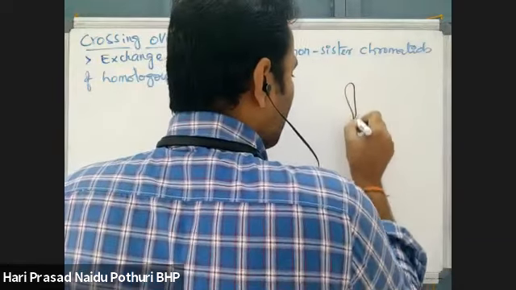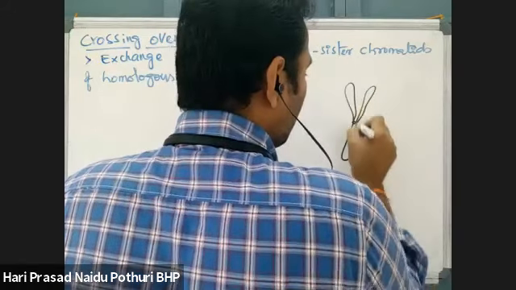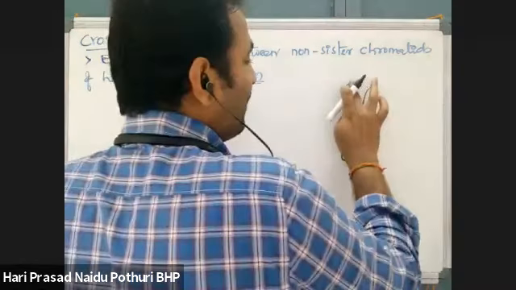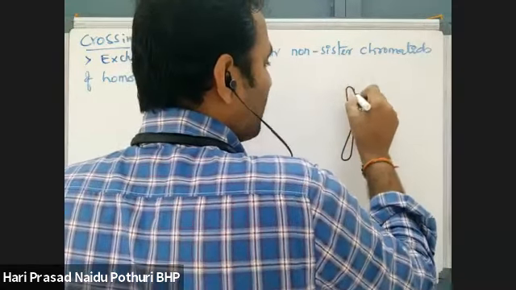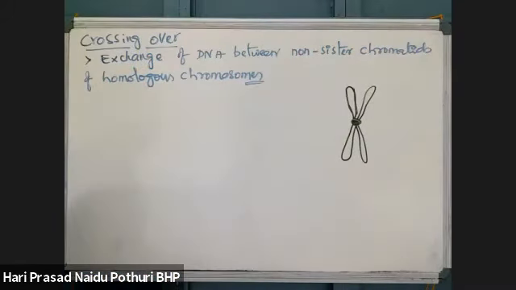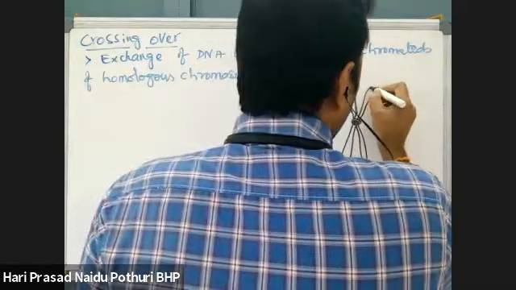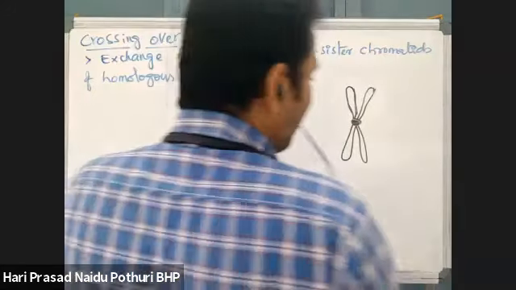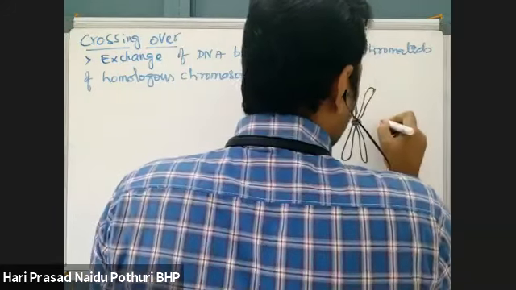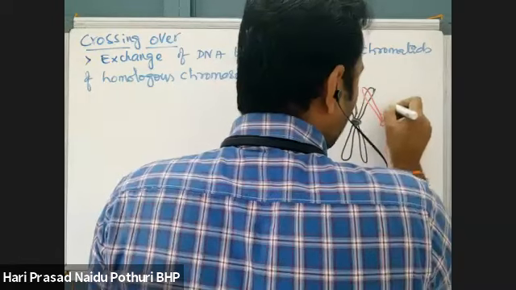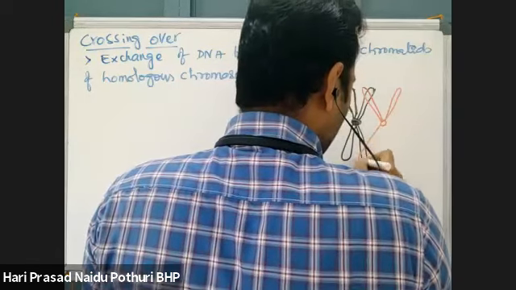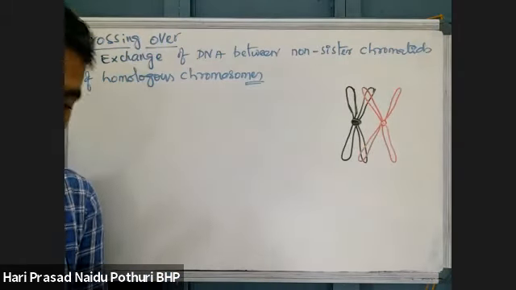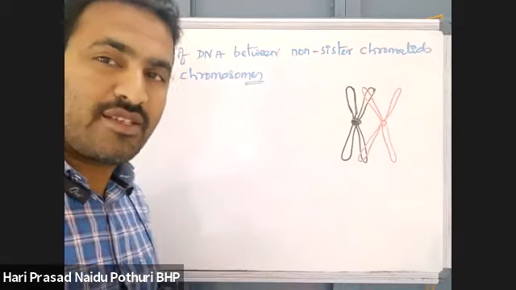Suppose one chromosome is here like this, and another chromosome. This chromosome has 4 chromatids. All chromatids on a single chromosome can be considered sister chromatids. Now, this recombination or crossing over is taking place during which stage? Which process is responsible for this recombination or crossing over? Pachytene stage of meiosis. Yes, Jayreka.